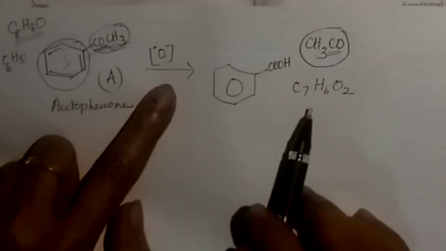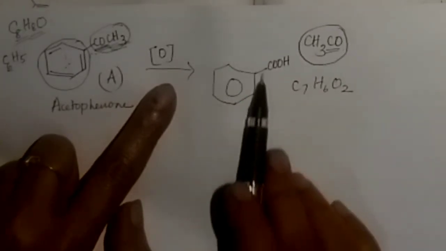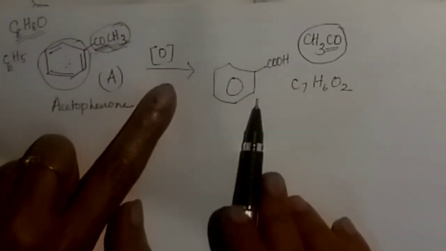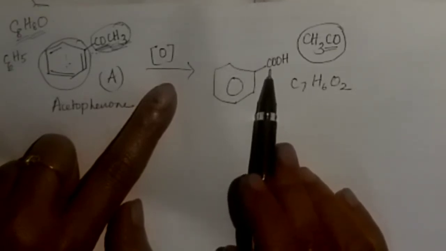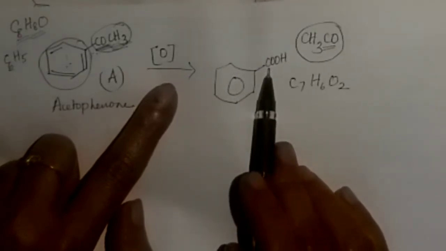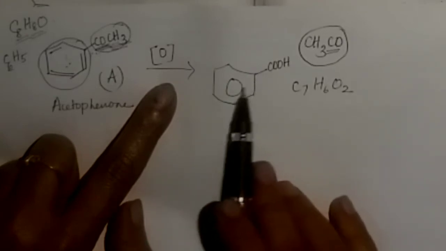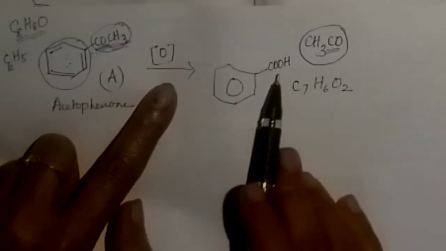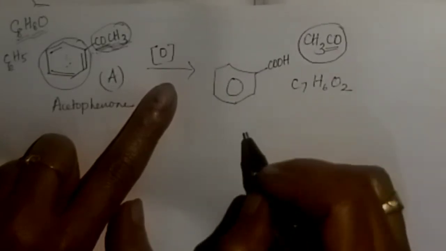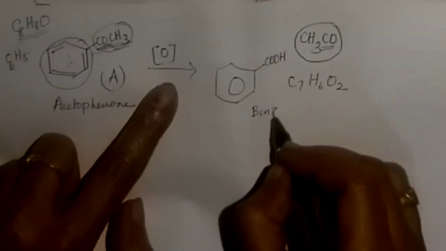We can check here: the ring is C6H5, then this carbon atom included makes C7, and C6H5, 5 plus 1, gives H6, O2. So this is benzoic acid. Benzoic acid is